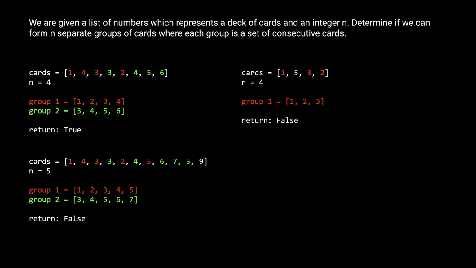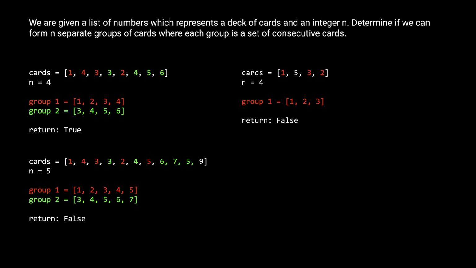The other thing to note is that we must use all the cards. So say in this example in the bottom left, we have n equals 5. So we are looking to form groups of size 5. We can use the first 10 cards to form 2 groups of size 5. However, there is one leftover number, the 9, and since we aren't able to use that number,